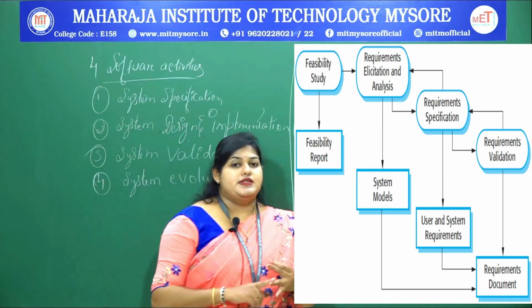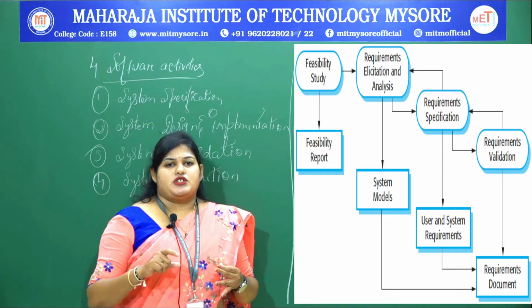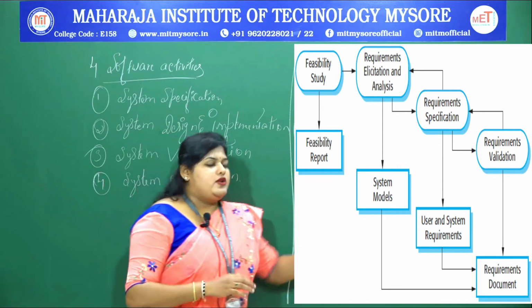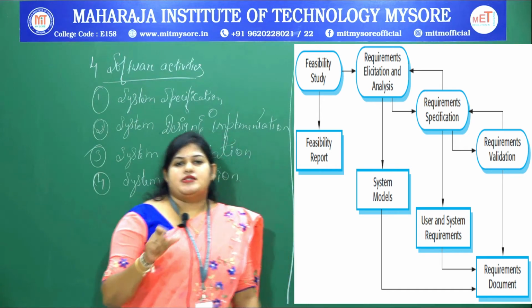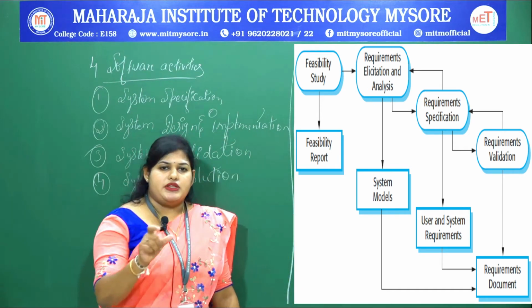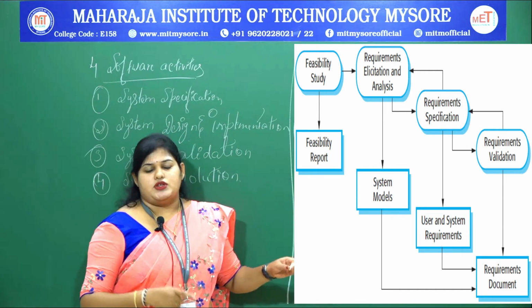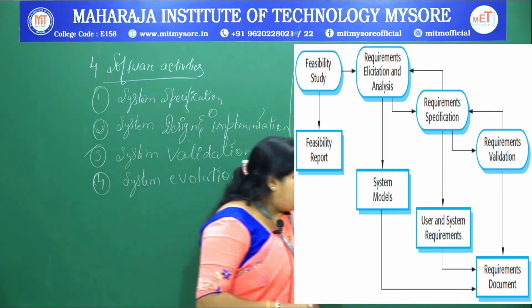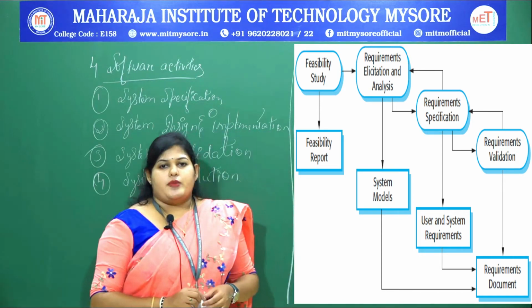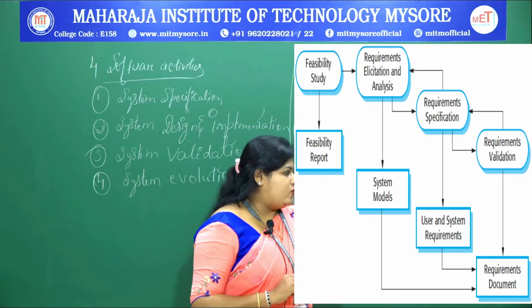But the system specification is a detailed specification. We cannot just say it is an overview. In the system specification you give the detailed structure of what is going into this particular specification and how we are going to deal with the further process. In accordance with this, the requirement specification will be worked on.